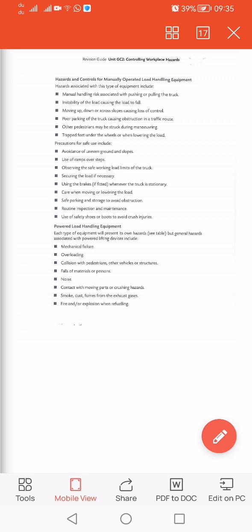Then point number 5, other pedestrians, meaning people, the space that people can pass through, may also be blocked during maneuvering. Let's say most times people who are using trolleys, like these trolleys, pack equipment, they pack